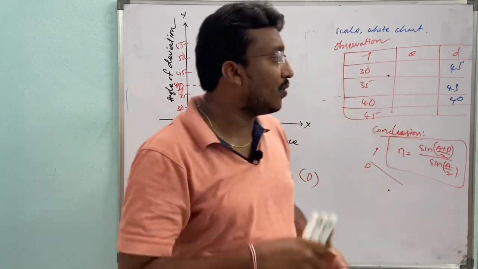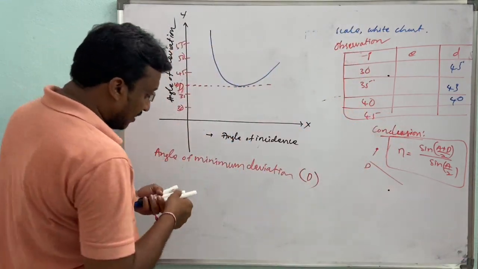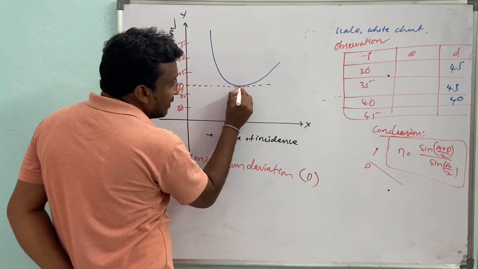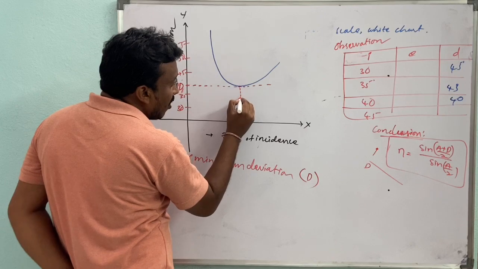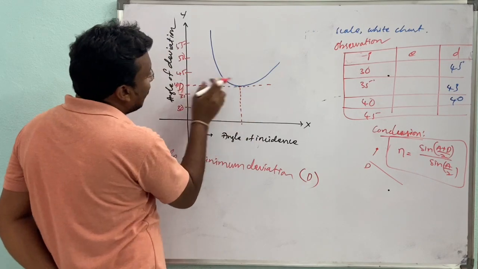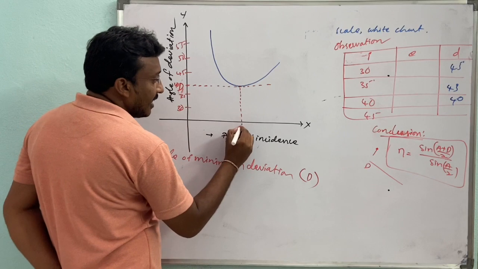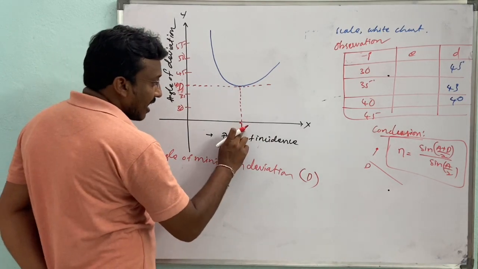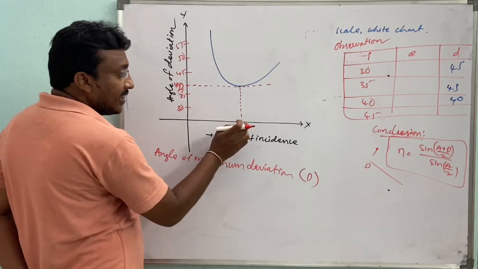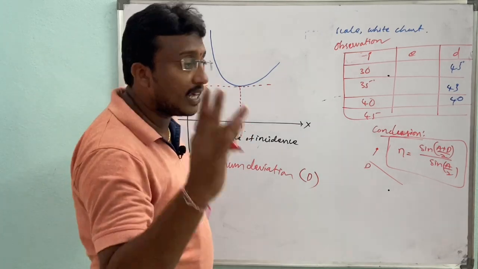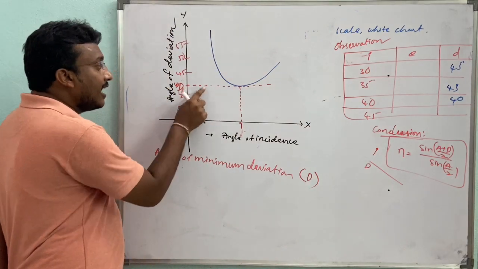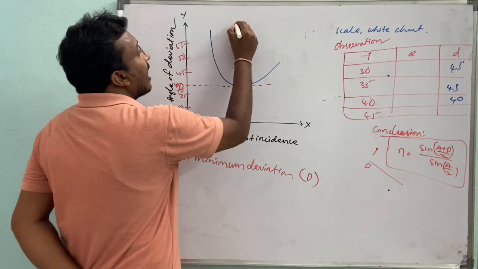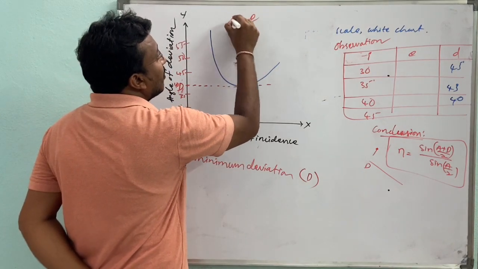This observation we have to notice. Got it? And here draw the point of a tangent, one more horizontal line to the y axis, this time to the y axis, then it gives the angle of incidence. At this point here we have to observe two things. When the angle of minimum deviation is suffered, then angle of incidence equals angle of emergent.